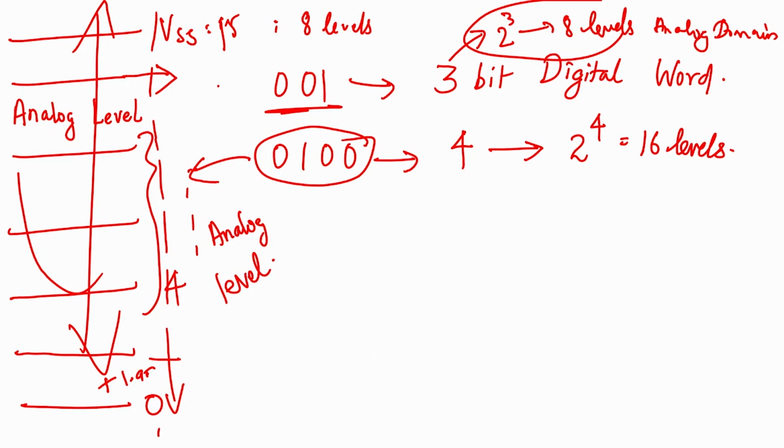Okay. So now we have a digital word, right? How do I find out what analog value this corresponds to? This is often something you need to see in your circuit design. Suddenly you will see a bit sequence, and you need to see what is the actual analog voltage that this bit sequence corresponds to. What is the analog voltage